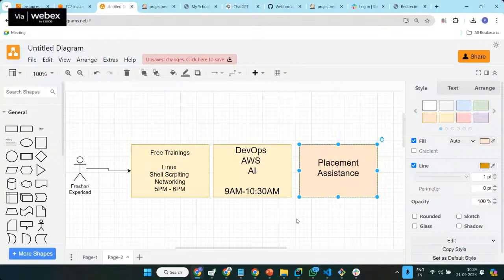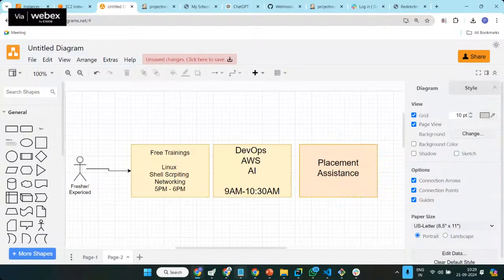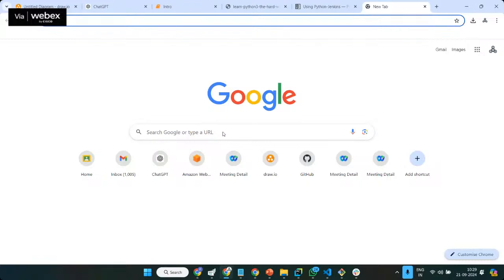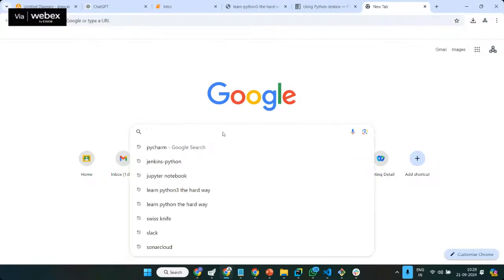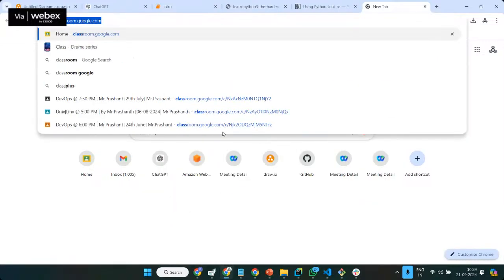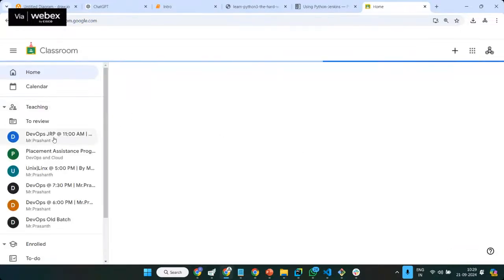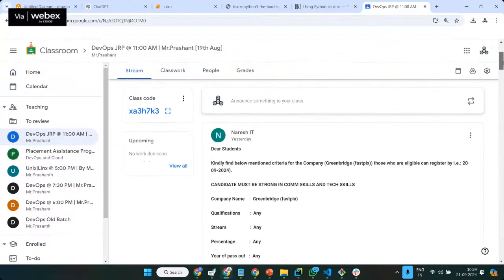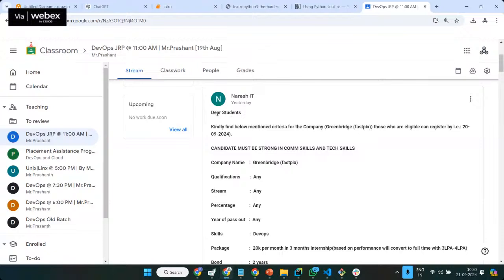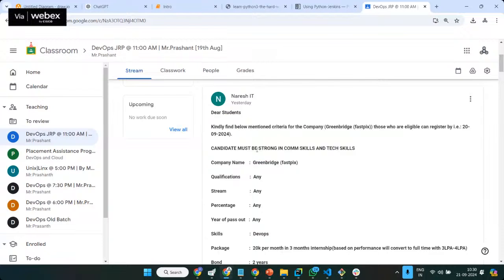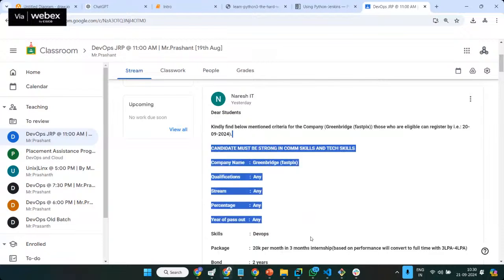And not only that, we'll keep you posted about the jobs that are available on your platforms. We give you classroom access, and in that classroom we post all the jobs you can apply for in the future. You can find here, yesterday a job posting was added to one of the JRP programs, the job ready program. So yeah, the mentioned criteria,